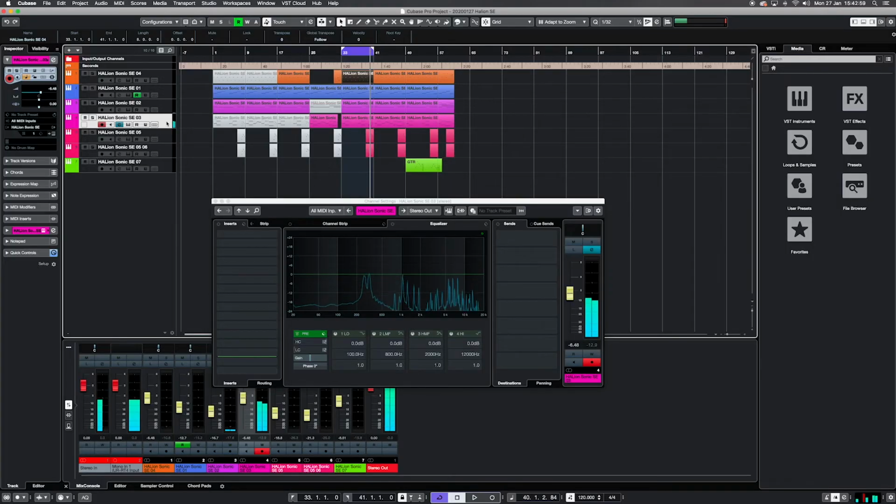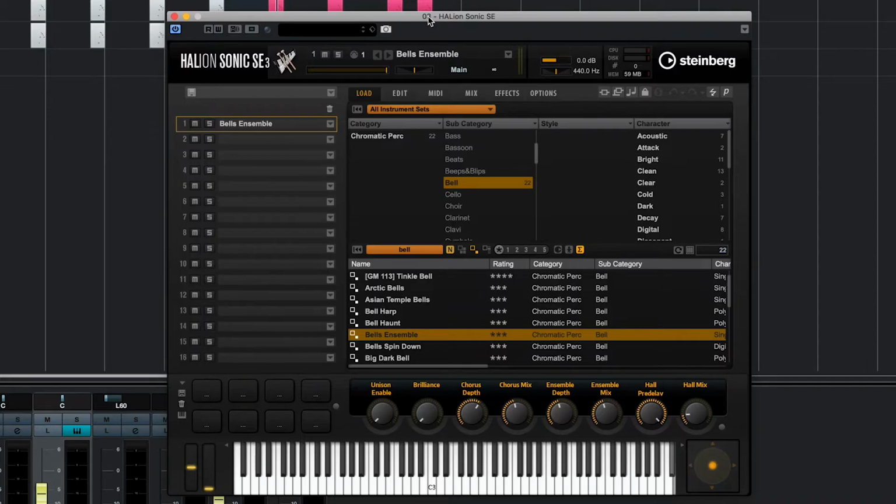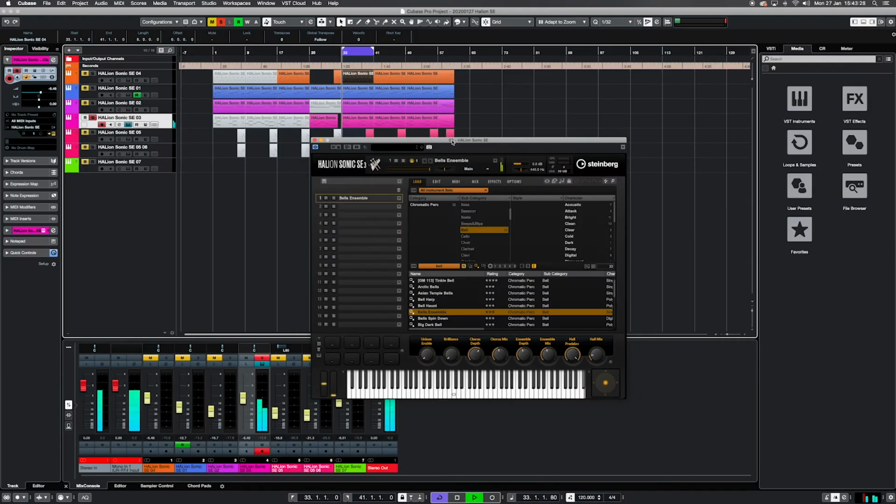Then up next for this bell sound, I used the bells ensemble because I always look for sounds that can really complement each other, and when you have a choir sound and a bass sound like that, a bell sound always works really well. So I came up with this part,